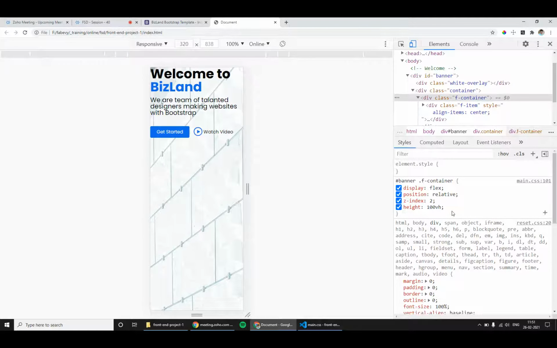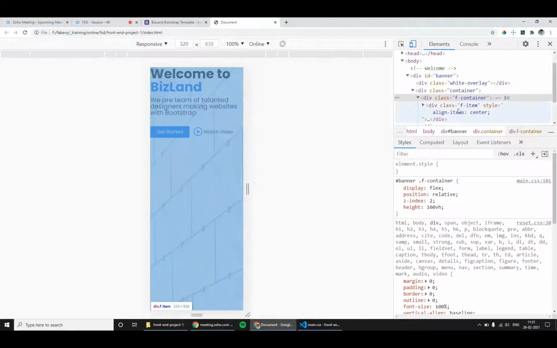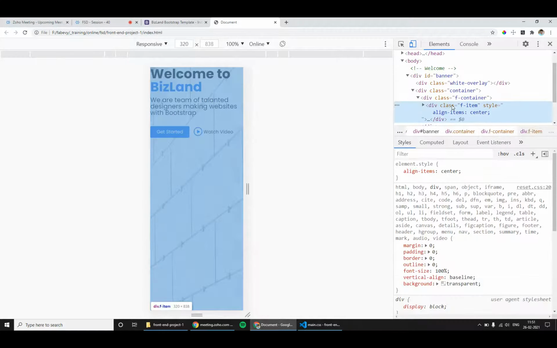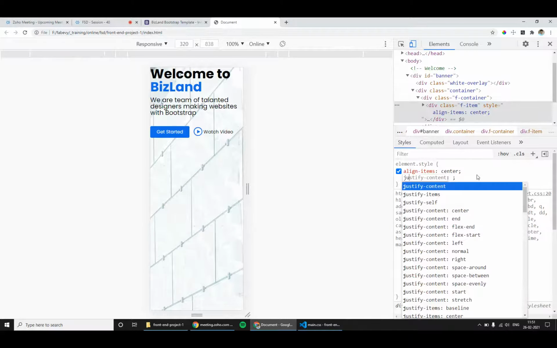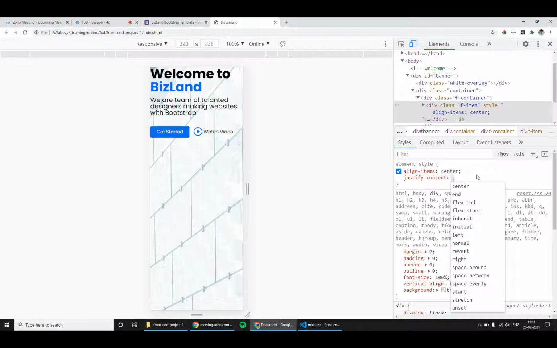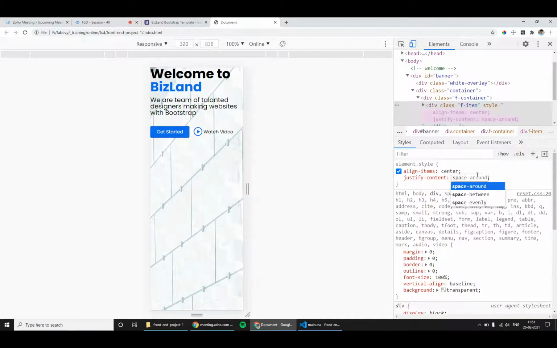Can you tell? Can you give a try? Or we can refer to our target. Justify content. What is the value? Space around. No, that is for the main axis. This is for the cross axis.